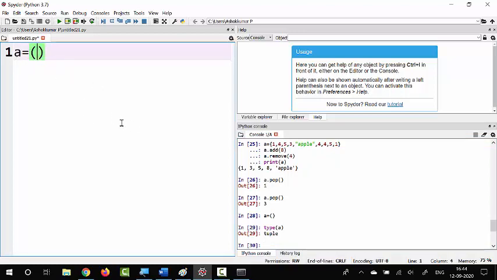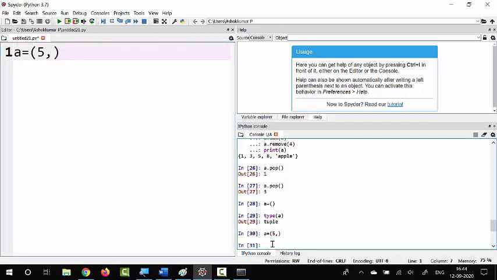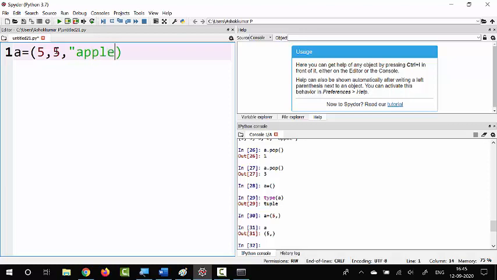And if you want to create a tuple of 1 element, what you have to do? You have to give the value of that element and you have to give a comma. Like this only you have to create a tuple of 1 element. If you print the contents of A, only 5 will be present. And when you want to create a tuple of more than 1 element, you can specify each element like this, separated with commas. If you are going to create a tuple with more than 1 element, it is not necessary to include a comma at the end. You have to include a comma only when you are going to create a tuple with 1 element.